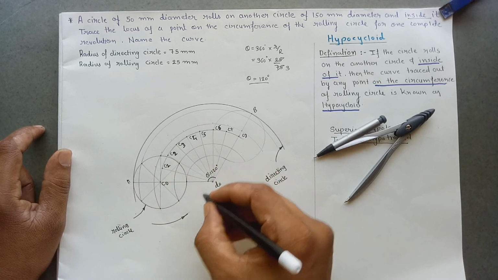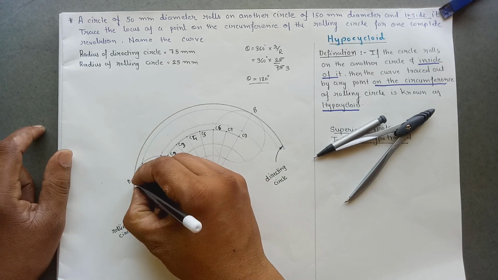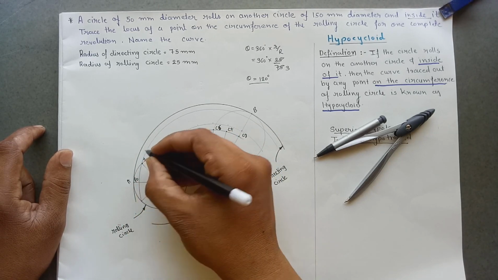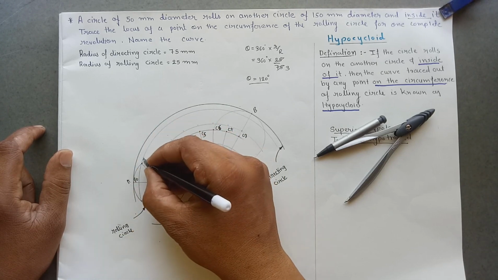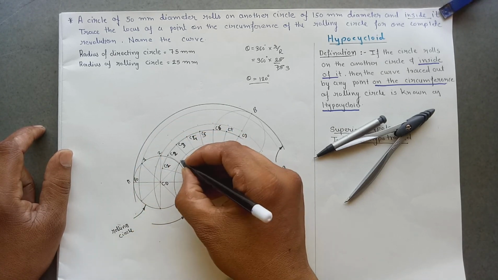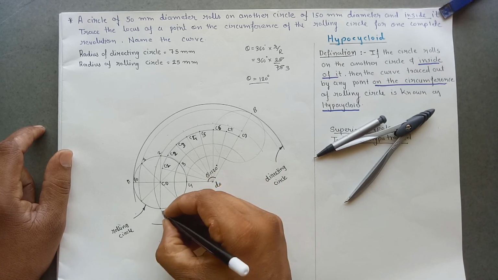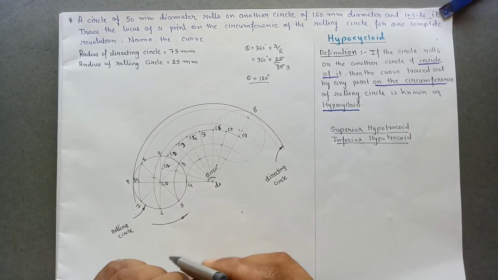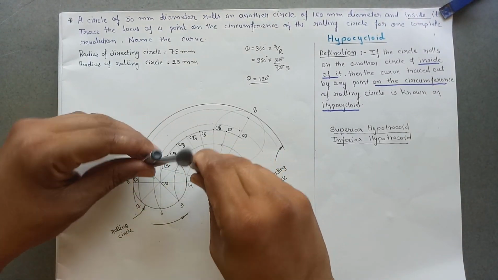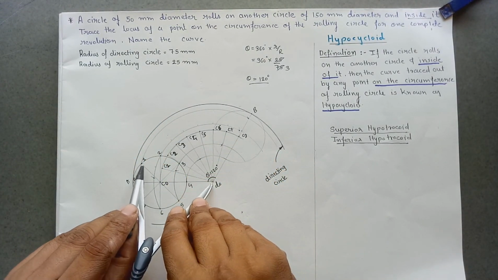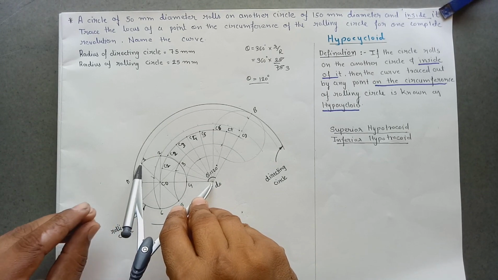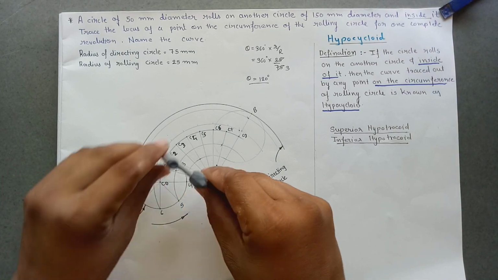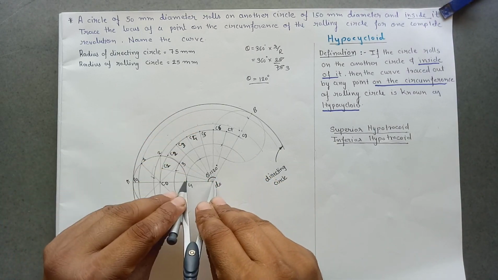The circle rolls in the anti-clockwise direction. Here is the P0. If the circle rolls in the anti-clockwise direction, the first point which is going to touch the directing circle, the arc of the directing circle, is this. So 1, 2, 3, 4, 5, 6, 7 and P0. After marking these points, we have to draw an arc from D0 to 1 parallel to the arc of the directing circle. 1, 2, 3 and 4.